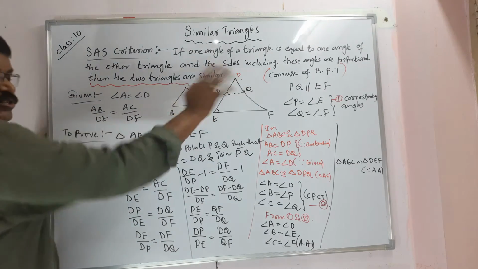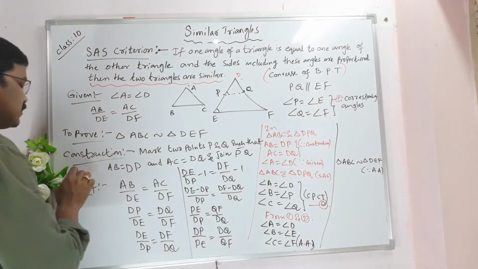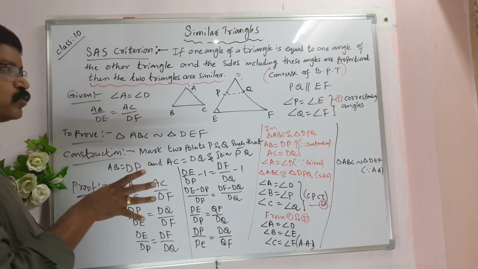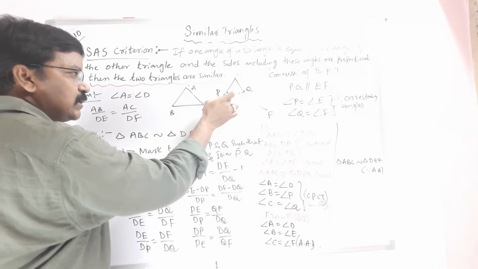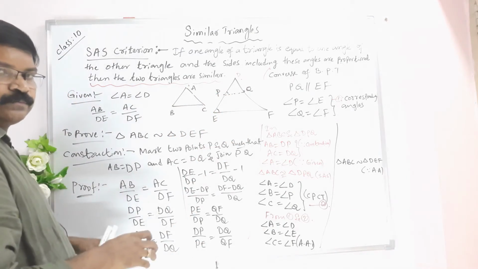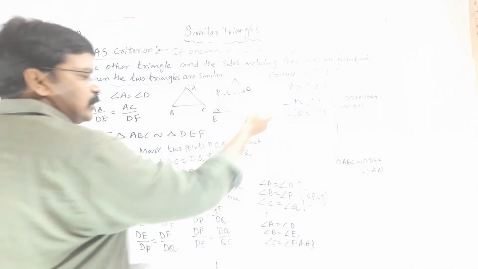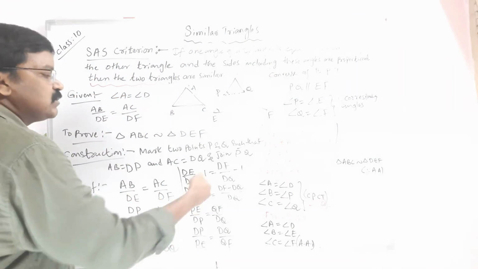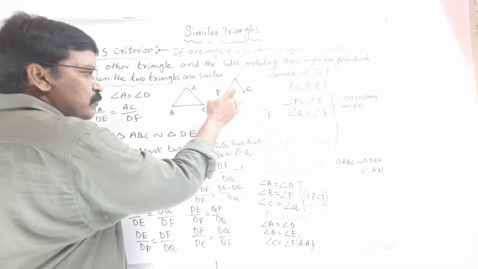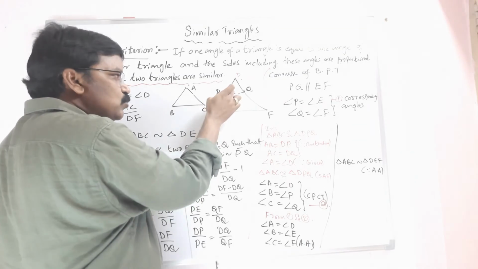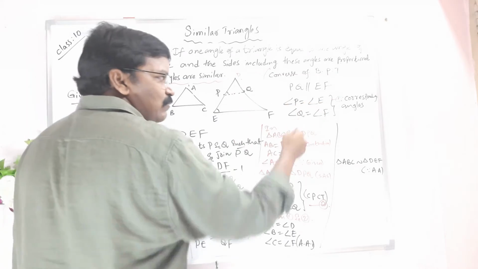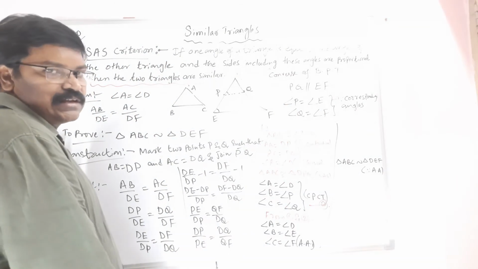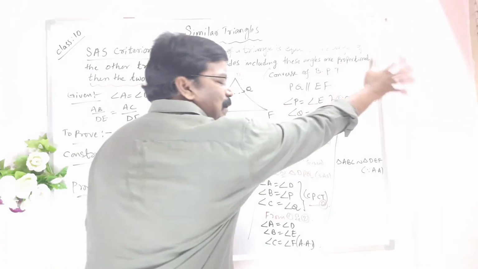Okay, so the construction is the same. I am not repeating that. Coming to the proof, it is the same. Here we prove that PQ is parallel to EF. We use the same process only. This whole process you know. Whenever PQ is parallel to EF, the corresponding angles are equal. That means angle P and angle E are equal, angle Q and angle F are equal. They are corresponding angles. Okay, this is one part.